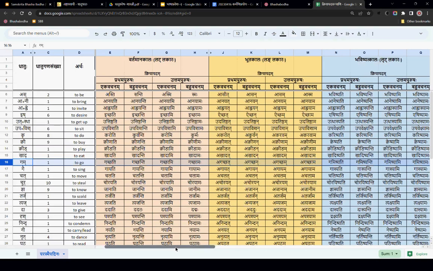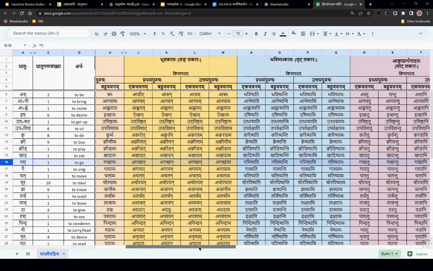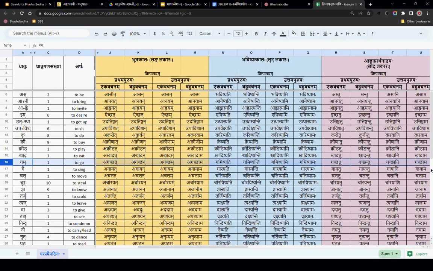And lang lakara gacchat, and the bhavishyat kala lrit lakara. Let's again go back to this. So let's say the dhatu is gam.